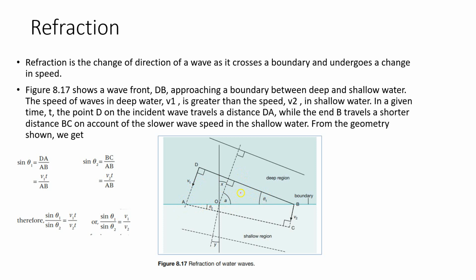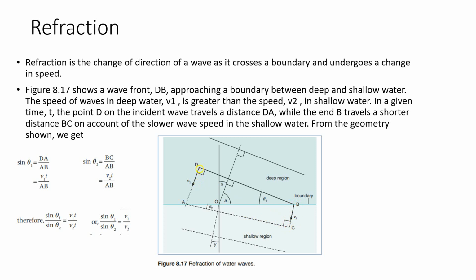Now, as you can see from this diagram, we have a wave in a deep medium or a deep region. That's almost like a deep water scenario. And there's a point where there's shallow water at a particular boundary. Now, if this wave is coming in at an angle to the boundary, what you will see is that one part of the wave is going to go across the shallow boundary before